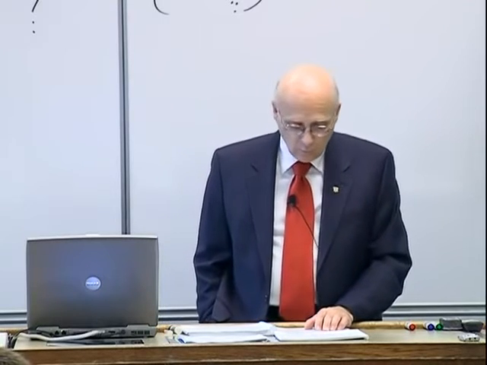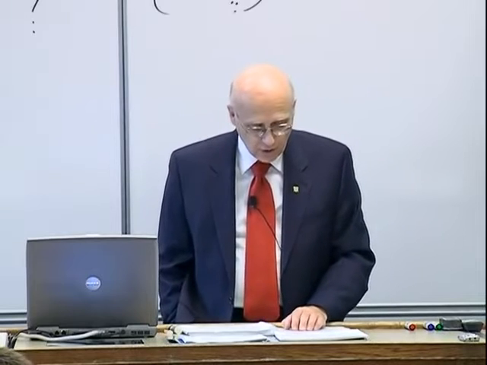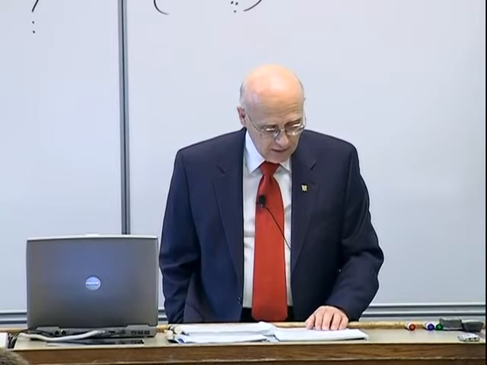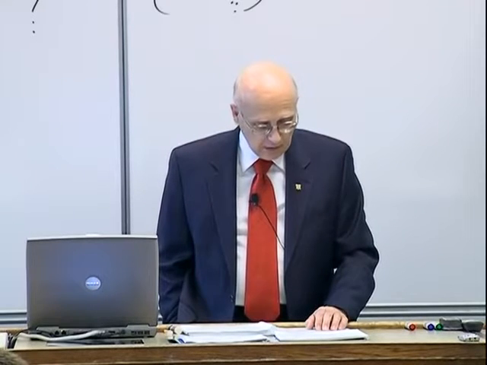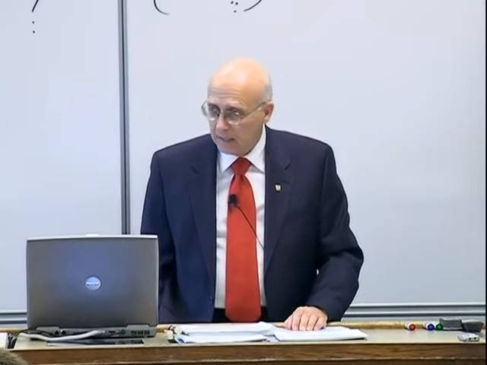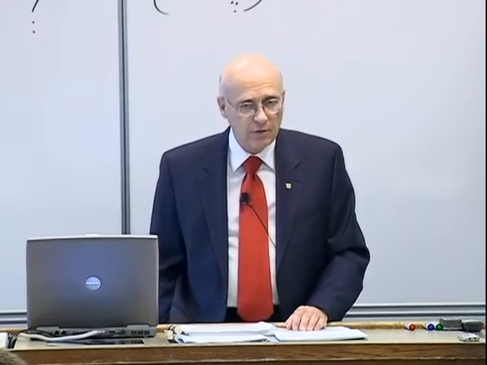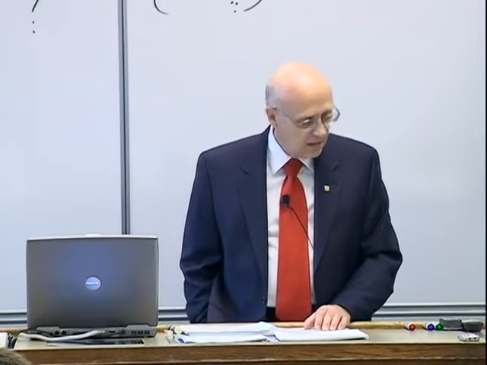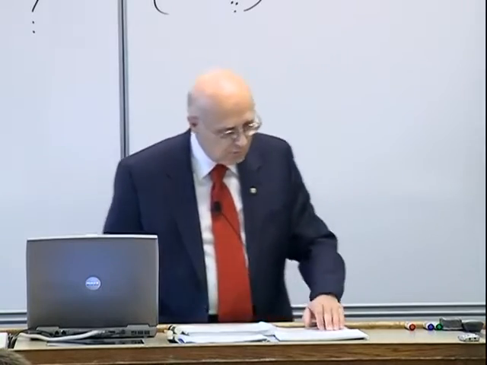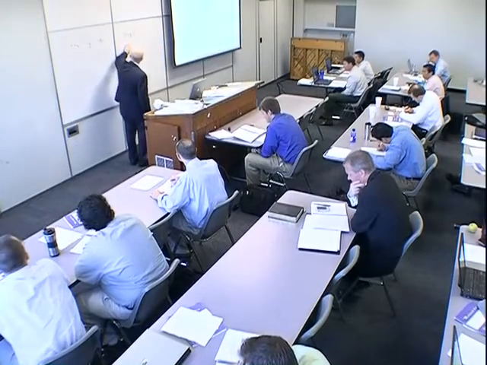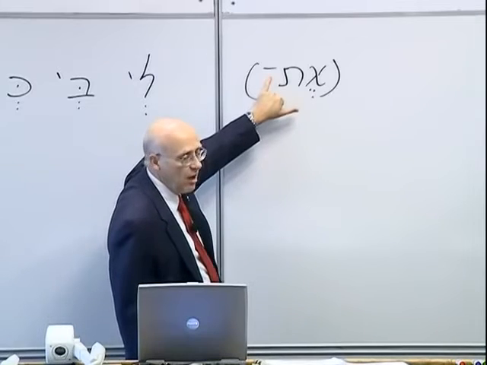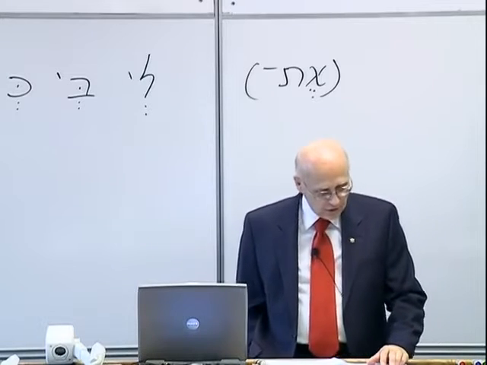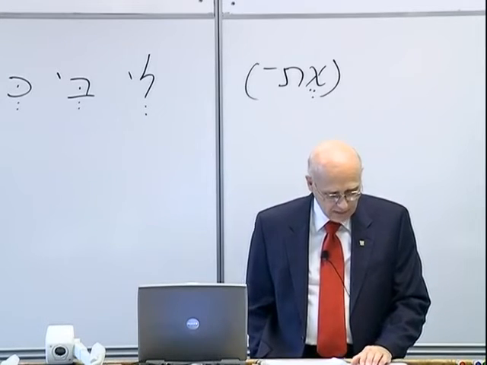El, one that we've already had, meaning unto, to, or toward. Mul, a preposition meaning opposite or in front of. Eitzel, meaning near or beside. Min, means from. This is a very frequent preposition. You'll see it many times in the Hebrew. Eit means with, and the form should be corrected there in parentheses to look like this on the board. It should have the makef following it. So make certain it's written that way. That's the form it takes when it's joined to a following word by the makef.